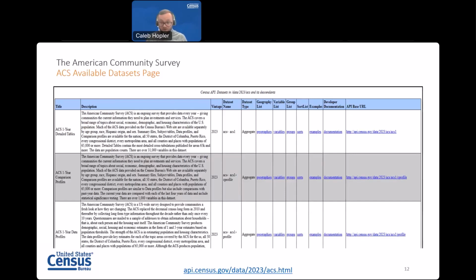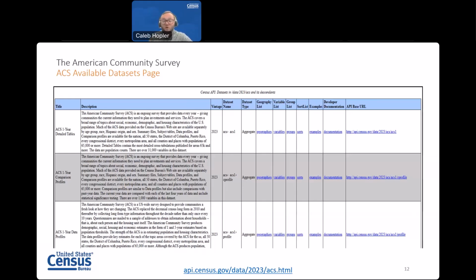We have lots of resources and places to start when accessing ACS data in the API. Today, I'm going to start with the API discovery tool, which is a directory of sorts and starts with api.census.gov as the URL. Now, building this URL, choosing data, selecting the year of interest and ACS in the URL, I land at this page at the URL at the bottom of the screen that you can see here.